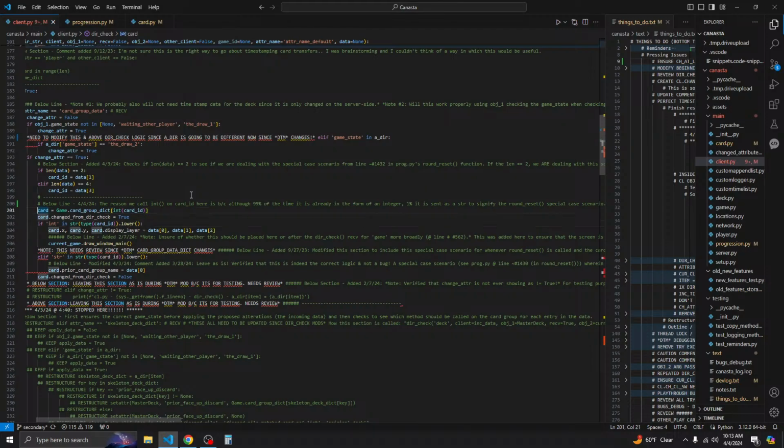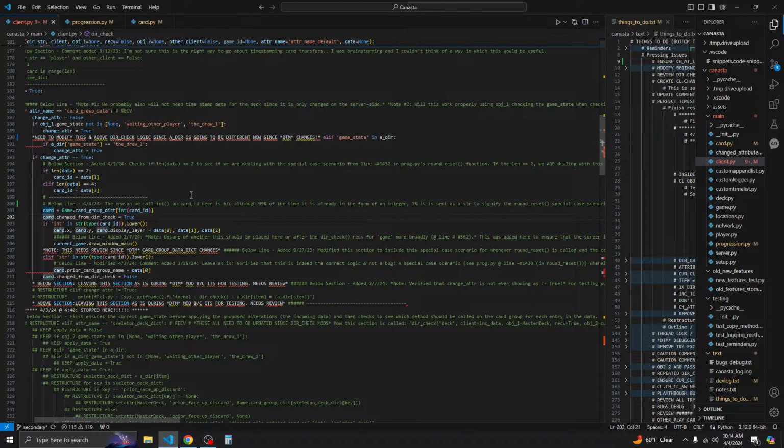So then we have card equals game.card group dict at the key of card ID, which is converted to an integer, just in case it's a string. Card.change from dirt check is set to true, and we want to do that to ensure that we are not sending this over the network again, because we're already receiving this data. We don't want to circularly send it. And we say if int is in string type of card ID, so the card ID in this case might be a string. If it is, or rather,